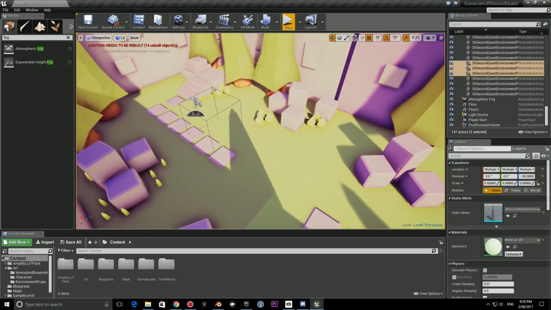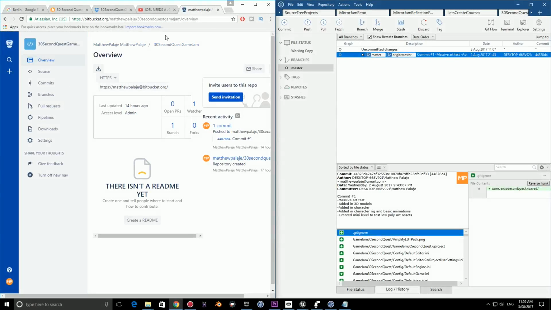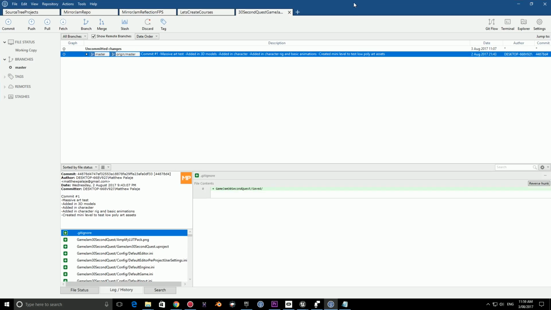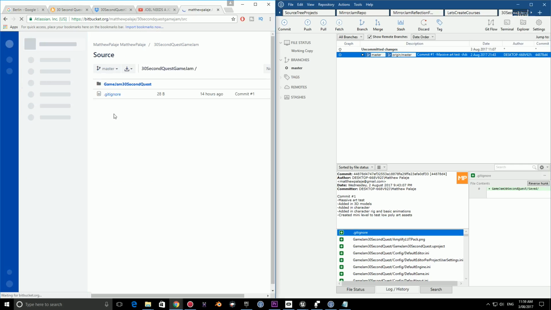Oh, and one more thing, I do have Sourcetree set up, which I'll quickly go through now. So this is Sourcetree, and this is Bitbucket over here, the last things I wanted to show you. Sourcetree is an amazing piece of software which allows me to upload various amounts of progress on my game at a time. So if you see here, I have this commit, which basically is all these files. When I put this commit up and I push it, it goes onto Bitbucket. So if you check the source here,